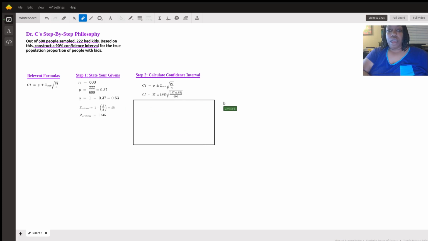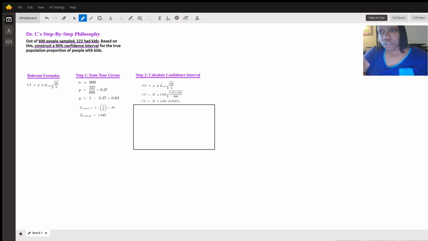So we do 0.37 plus or minus 1.645 times the square root of 0.37 times 0.63 divided by 600. I advise you to break it down so you're able to figure out everything in steps. So we can just do everything under the square root. So 0.37 times 0.63 divided by 600 is approximately